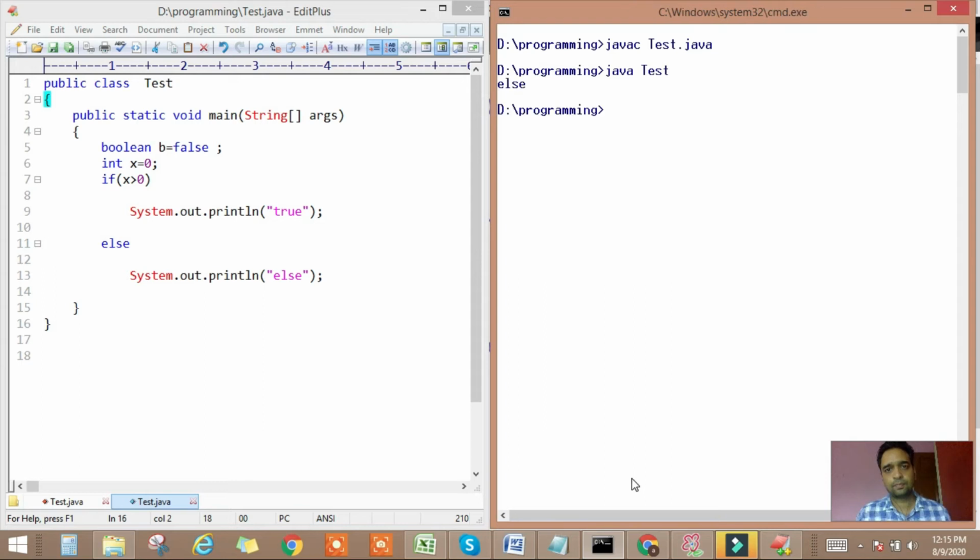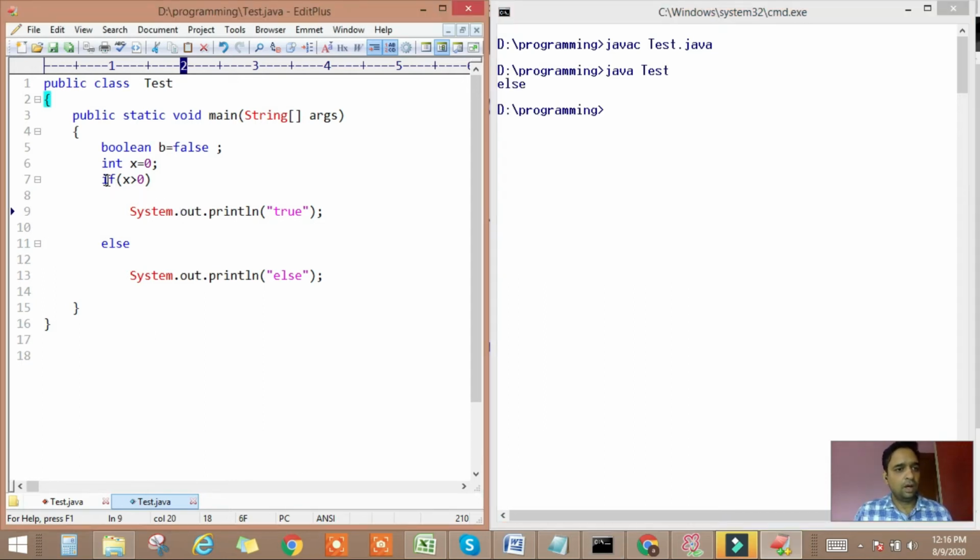So after the if statement, if there is a single statement, then the curly brace is not required. But it should not be a declarative statement. That means int m equal to 10 is a declarative statement.